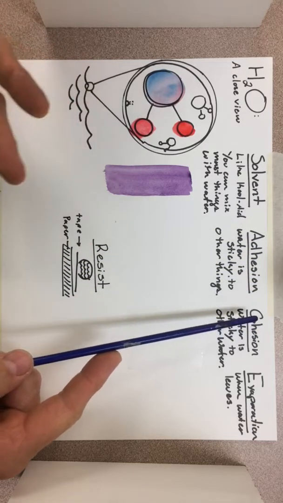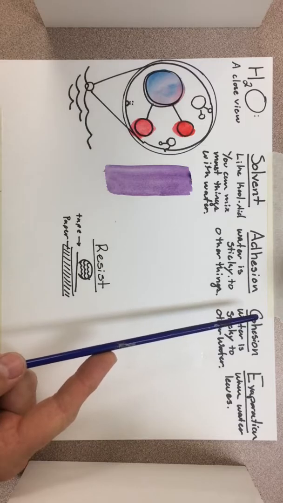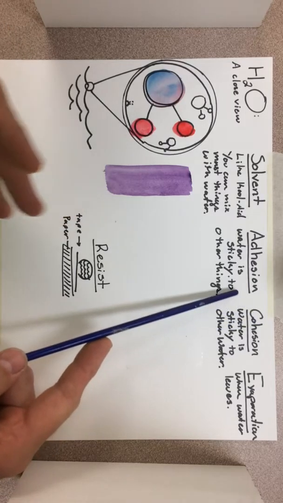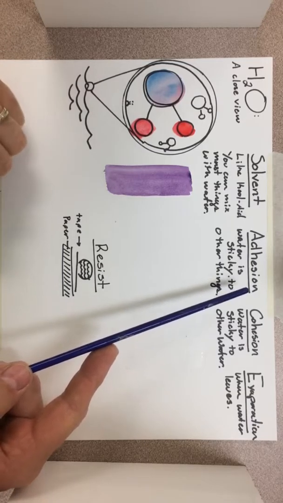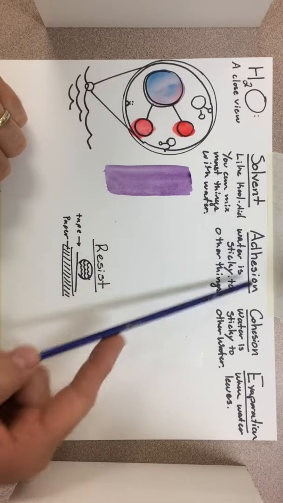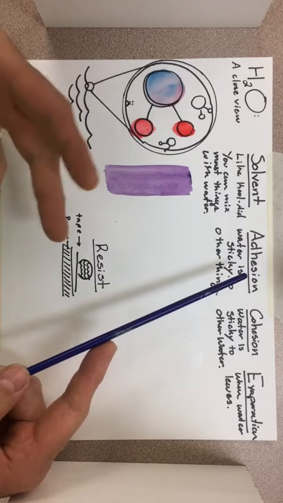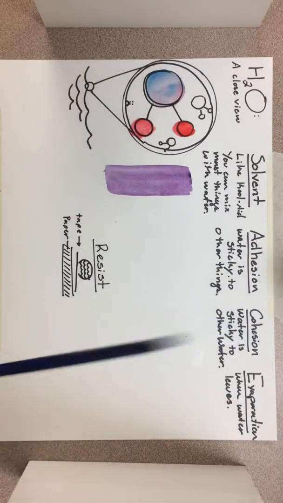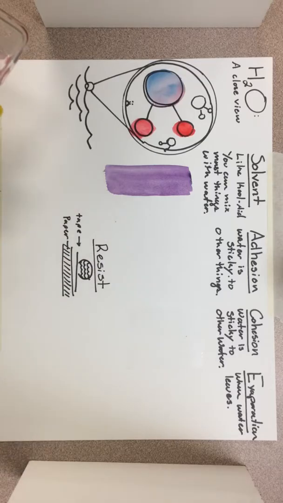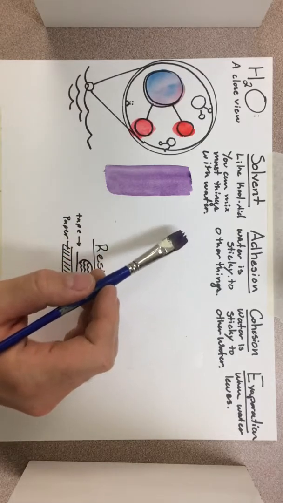If I spit on a wall, my spit's going to stick to the wall because it's mostly water, and that's adhering to the surface. Or when I put my hand in a lake, I get wet, because the water is actually sticking to the surface of my skin. And this is why when we paint,